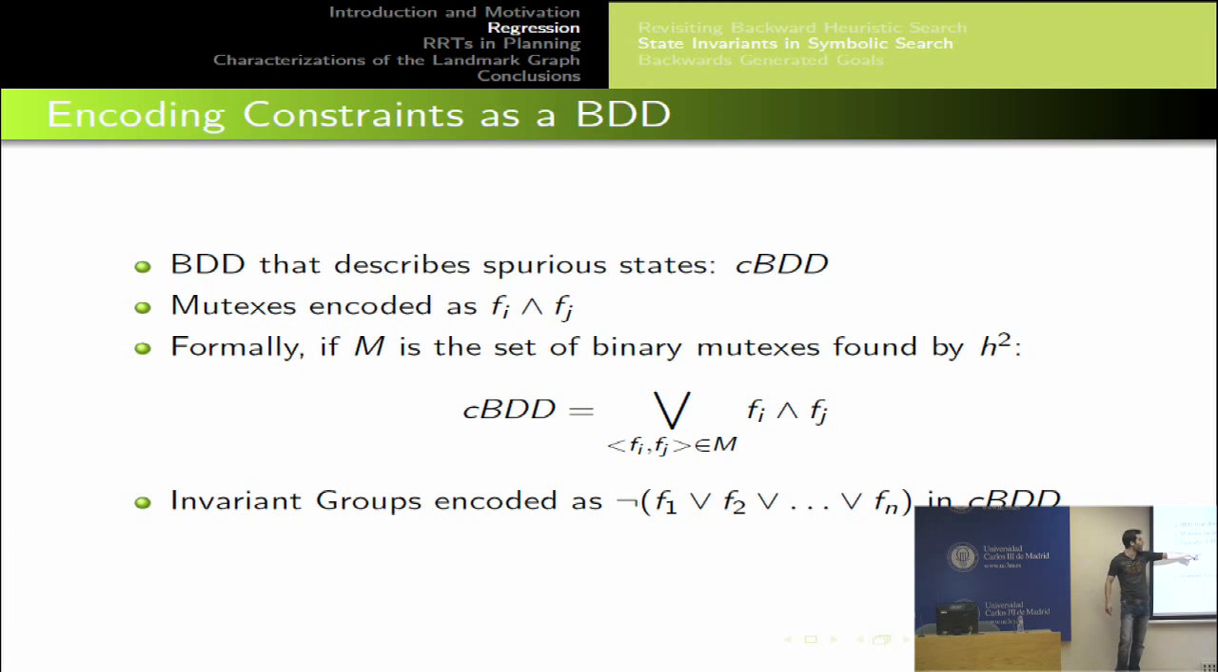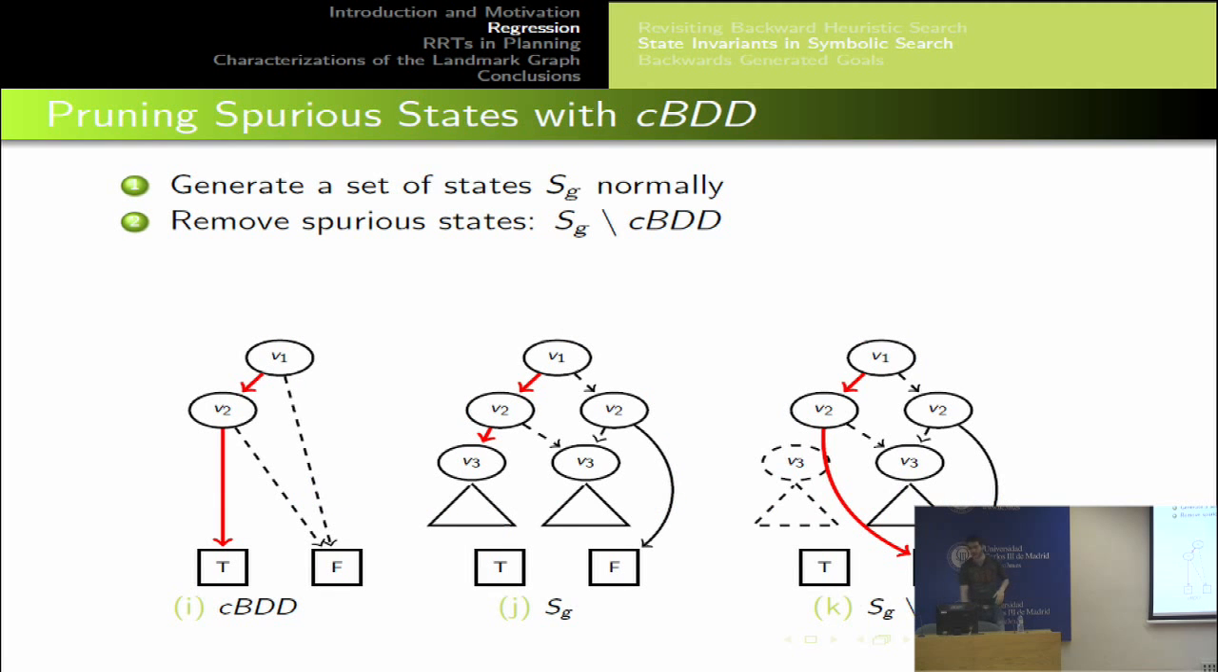In this case, it is the disjunction of all the conjunctions of those fluents, right? Furthermore, we can encode the constraints of the invariant groups by using this clause here, and everything together is CBDD, which is a single BDD. It may be several BDDs, right? But usually it is a single BDD